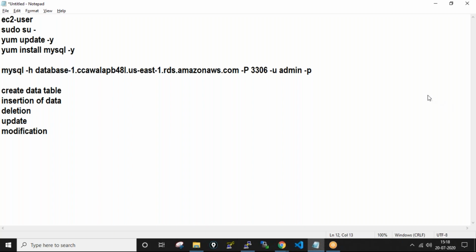So any queries up to now, regarding the database creation or the instance connection? Can't we link the database using bash scripting without PuTTY? So without PuTTY, you can connect with MySQL Workbench also, sir. You can download MySQL Workbench or SQL browser, DB Lite.